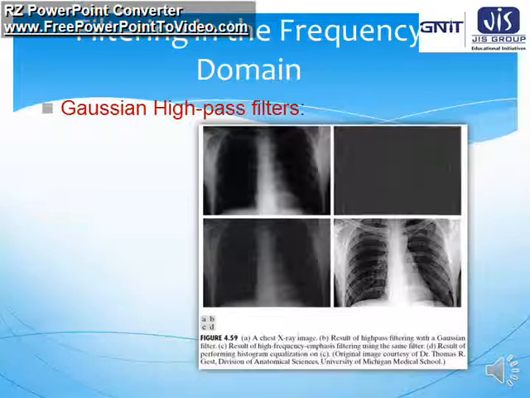So using several steps we can enhance the quality of the image. Gaussian high-pass filters and the corresponding histogram equalization, if we use them together, we can have a very clear image. And in biomedical images the quality of the image is very important, because if the quality of the image is good, the treatment is also very easy and the chances of cure are very high. So it is very important that the quality of biomedical images should be far better.